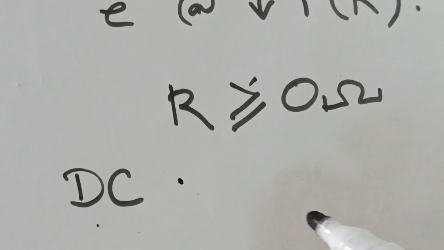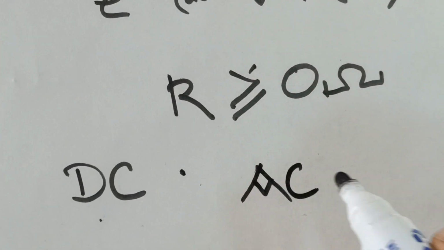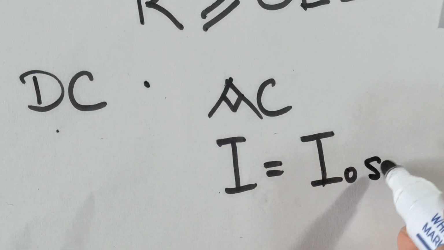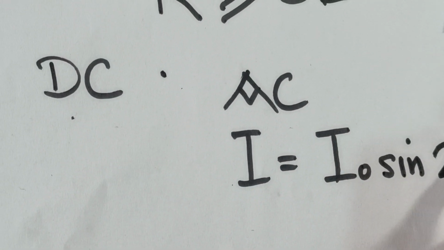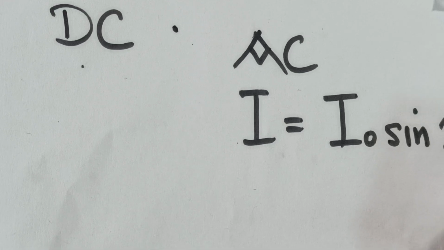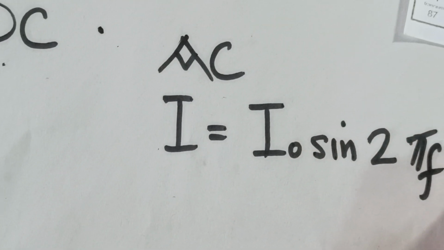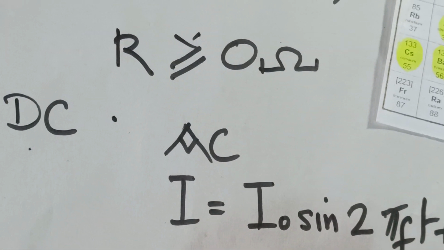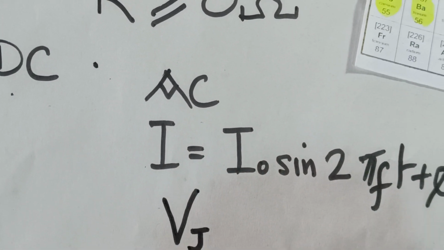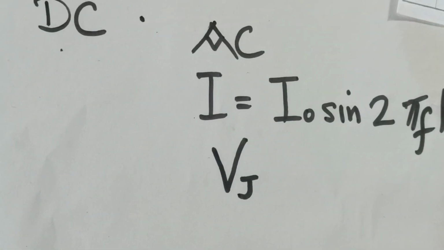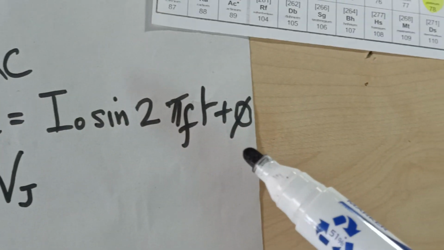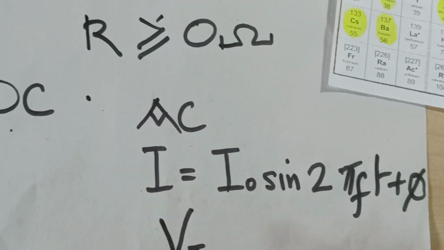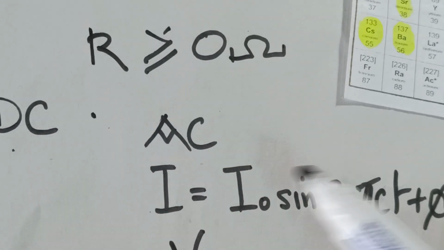However, if you are using AC, which is I equals I naught sine 2 pi f t plus theta, then you'll need a jump start voltage. A jump start voltage is what you need in order to kickstart the occurrence of superconductivity at AC. So this is why we use DC, not AC, because AC requires it, and there can be faults or efficiency problems which